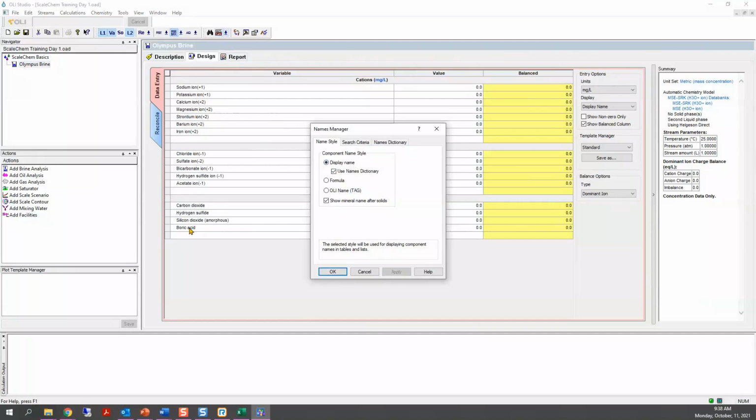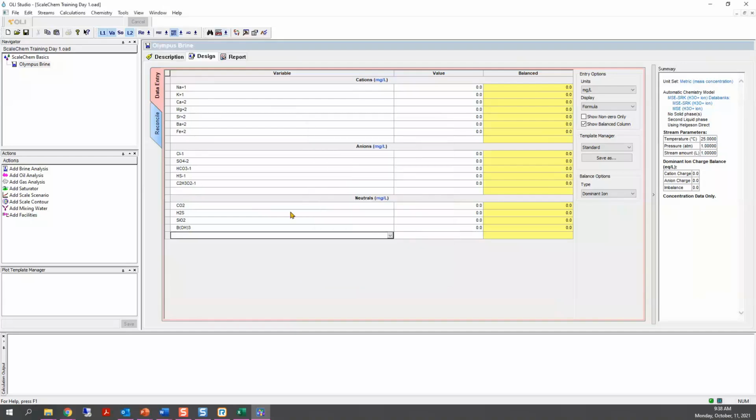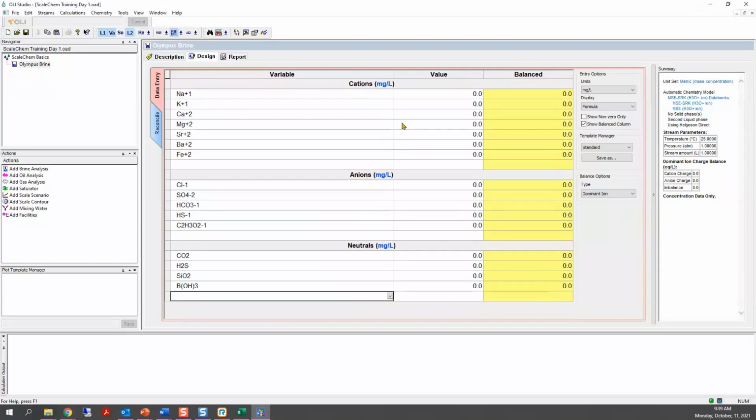And also we have the OLI name tag. This one is whenever you're using coding or you're creating new species and anything that is internal to the software, these are the names that we use internally at OLI. So really you will not need to use this OLI name tag. You can either go with display name or formula. I think I will use formula for this training. So just click formula and apply, and this is how I am going to use the names today. But again, I just show you that you have the option to change if you are more comfortable with the other naming.